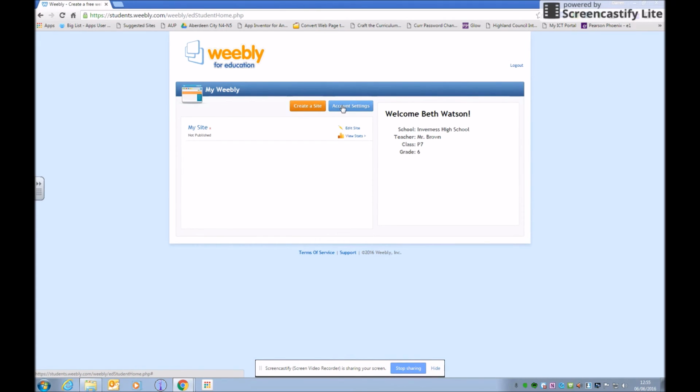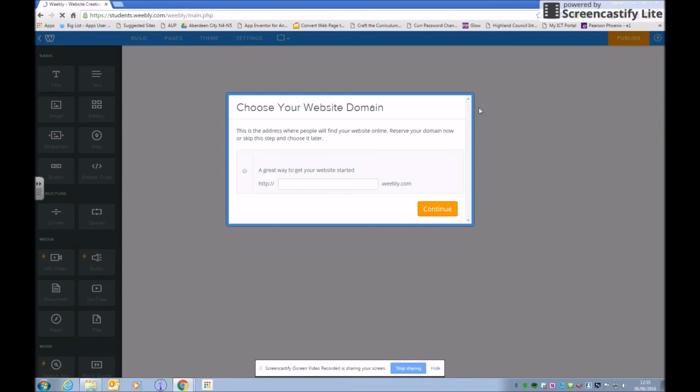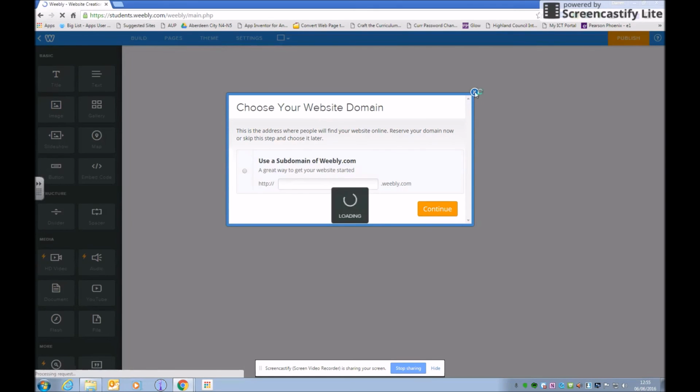From there, they can also do account settings. So for security, if you wanted to change the password from password to capital P, they could do it in there. If they hit on site, it takes them back in. I think when they log in next time, it takes them back to that first dashboard screen again, so they have to press on their website again. But as I said, in here they would have to choose their own theme and template. From there, they could set up an address, they could build a page and create more pages as we